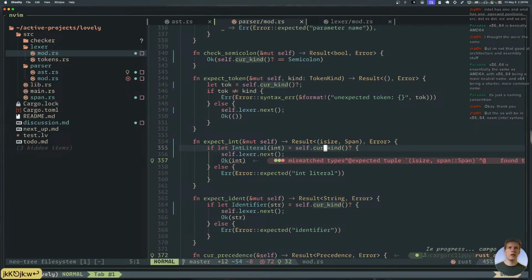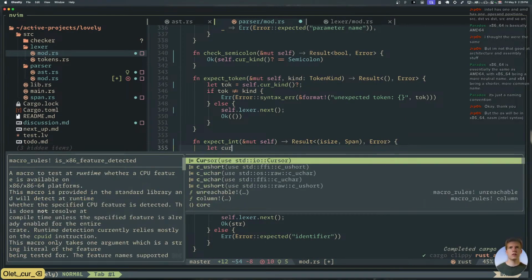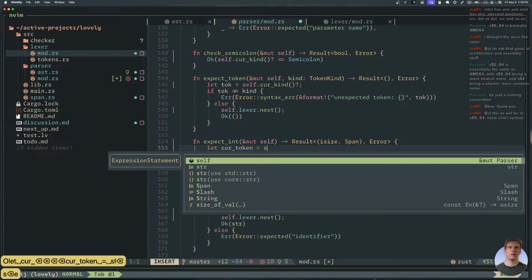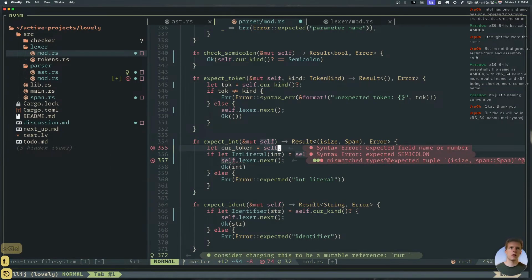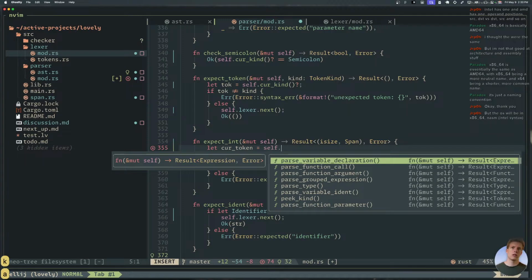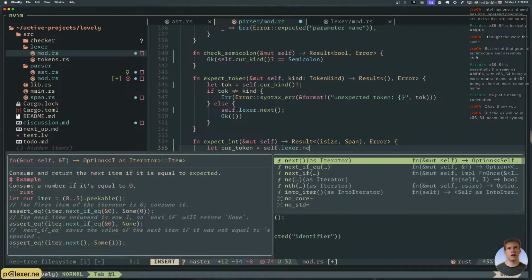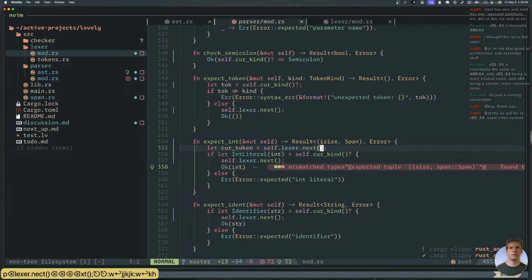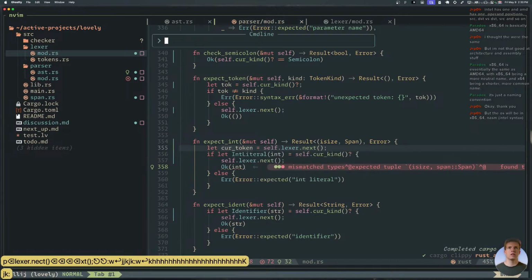So I don't want to use cur kind here. I want to say let cur token equals self dot lexer dot next, right? We have an optional token.